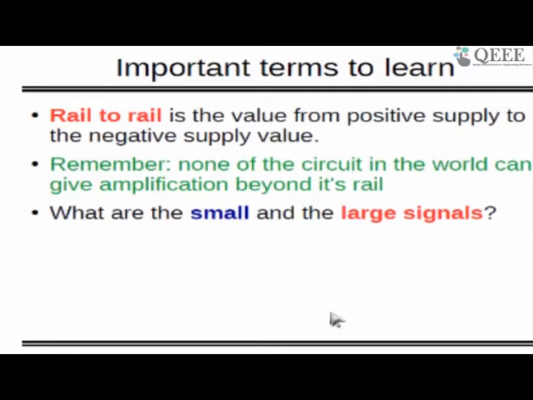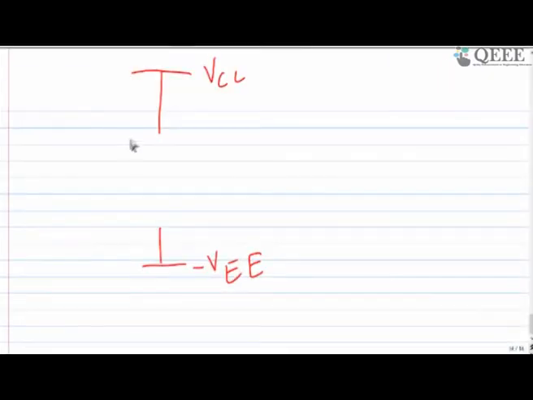There is one more thing. We agree that if you are in amplifier design, or analog, or doing anything circuit related, you cannot get amplification beyond the rail. Beyond the rail means you cannot go beyond the positive supply, or below the negative supply. Okay, so what I mean by that,